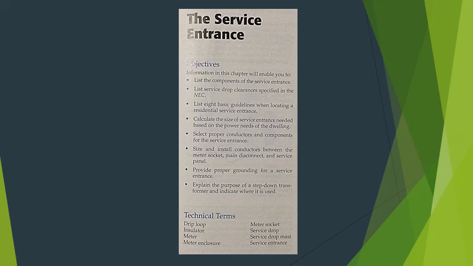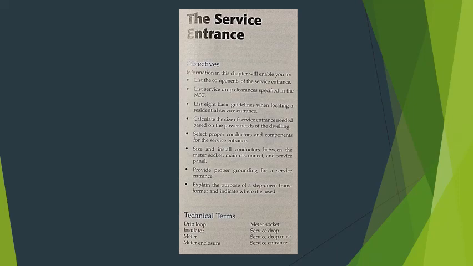in the NEC, list 8 basic guidelines when locating a residential service entrance, calculate the size of the service entrance needed based on the power needs of the dwelling, select the power conductors and components for the service entrance, size and install conductors between the meter socket, main disconnect, and the service panel, provide proper grounding for a service entrance, and explain the purpose of the step-down transformer and indicate where it is